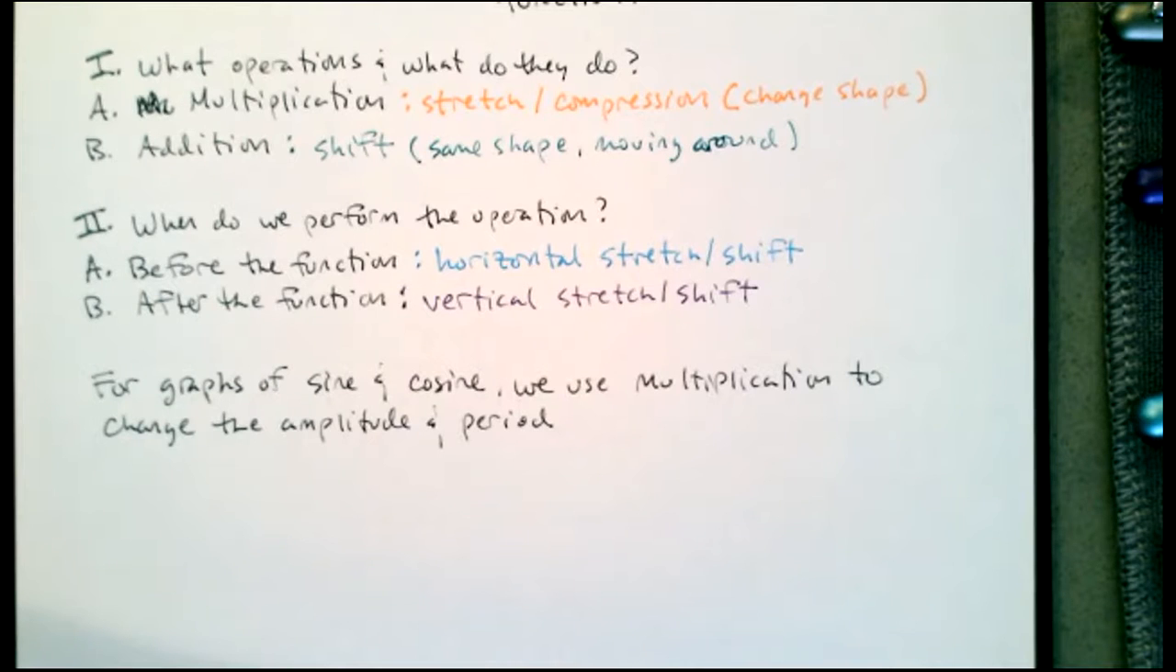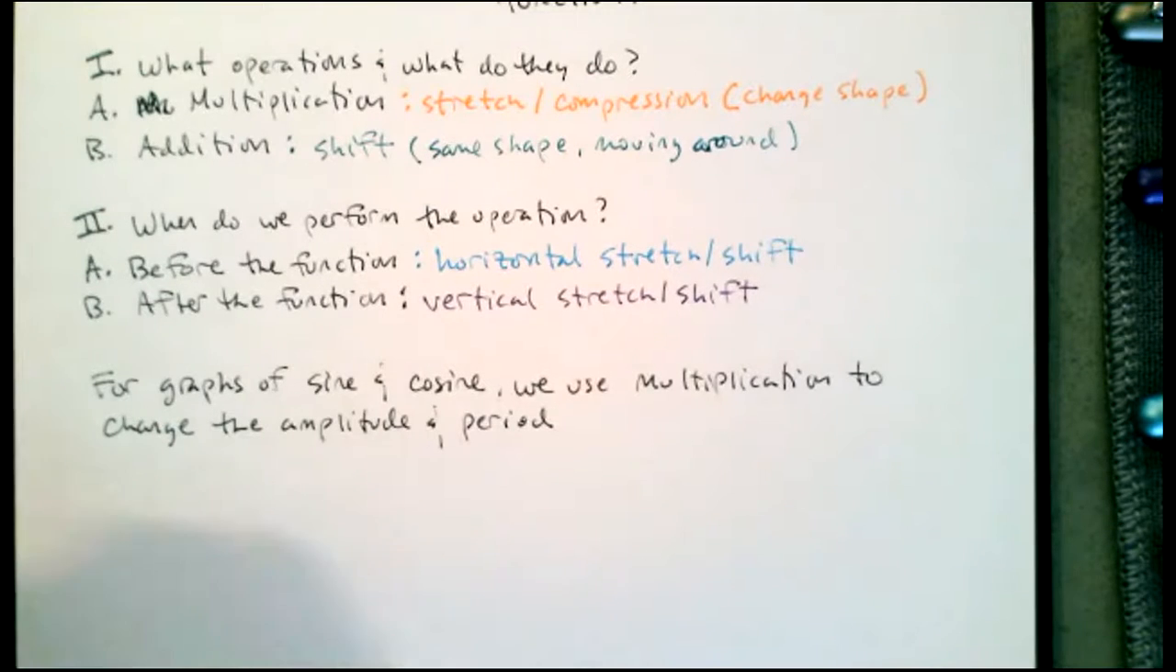So the amplitude is a vertical change, a vertical stretch or compression. And so that's going to be multiplication after the trig function. Amplitude is a vertical thing, so the operation is after. It's a stretch, so it's multiplication. So amplitude is multiplication after